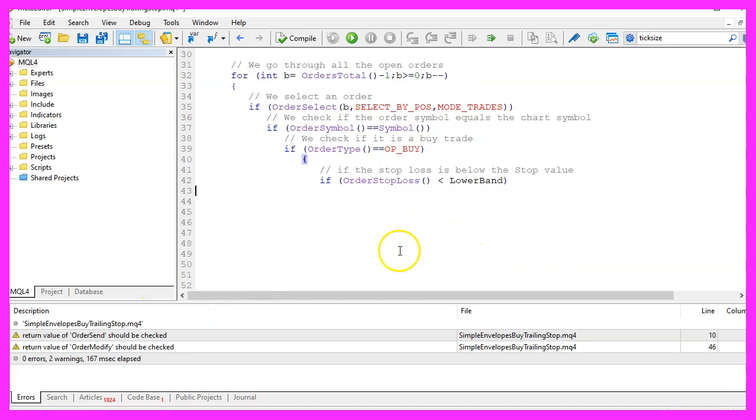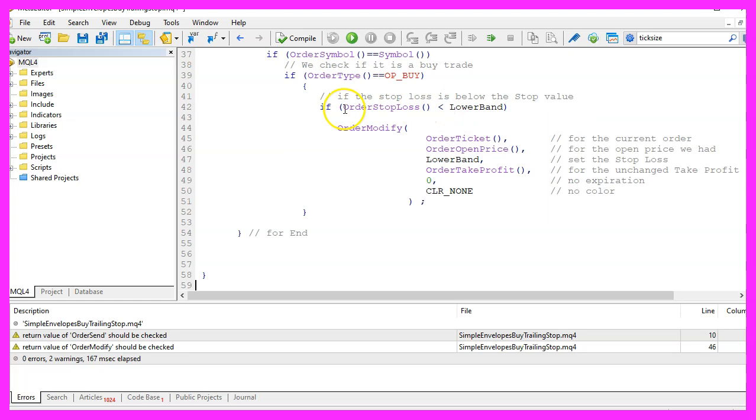And if all that is true, we also want to know if the order stop loss is below the lower band. If all those conditions are true, we use order modify to modify the current order and adjust the stop loss to the value for the lower band. Finally, please close all the open loops and functions.